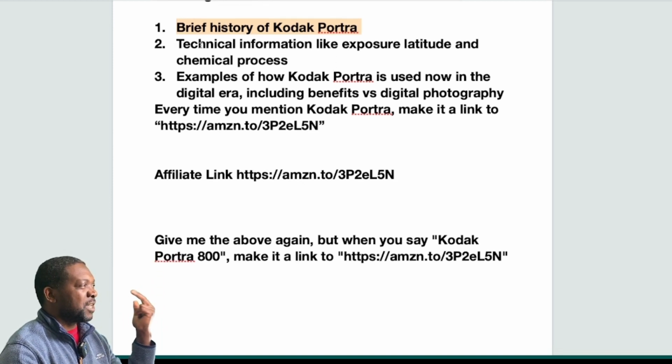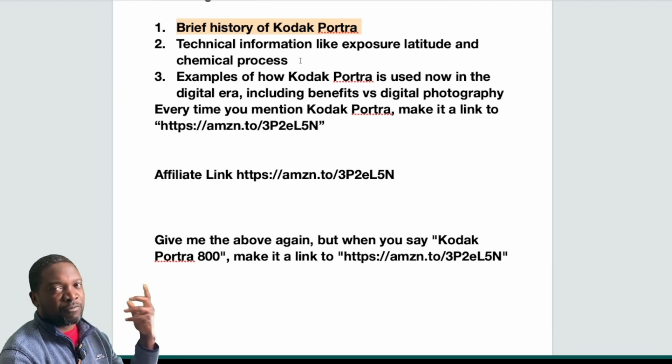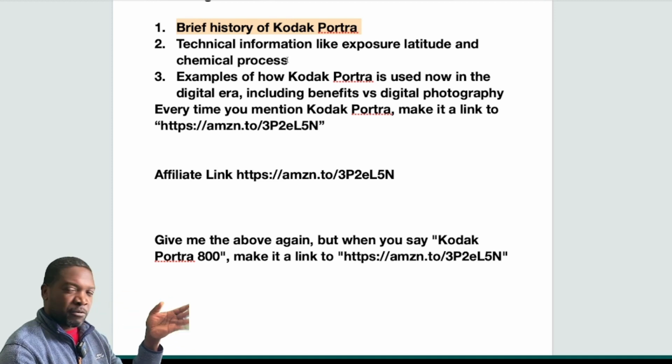And then you have technical information like exposure latitude and chemical process, which is good information for experts that are looking to buy that particular film. They might be interested in that information. I know this from experience. So I'm telling ChatGPT, give me that information. Again, I can do this myself, but it'll probably take me a few hours to gather the correct information and